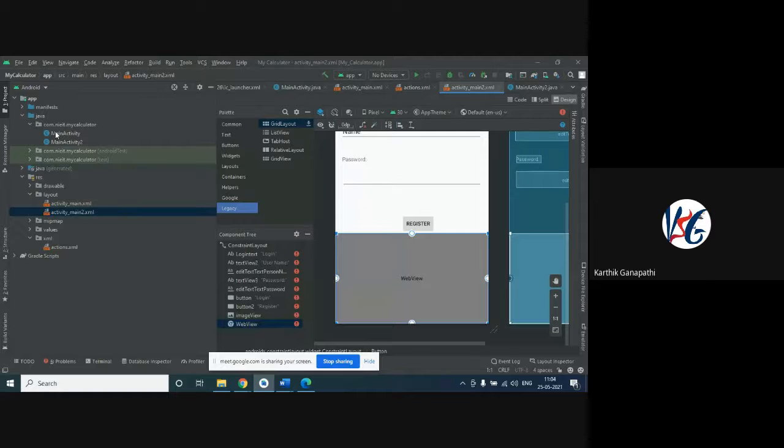Okay, sir, fine. Let's come to the components part, whatever components are in the palette. Yesterday we just completed the layouts, and I think you remember, I explained the layouts. The next component we are going to see is the containers. Containers are something like a place where we are going to place whatever is required.